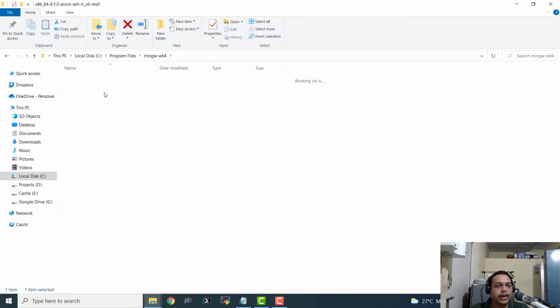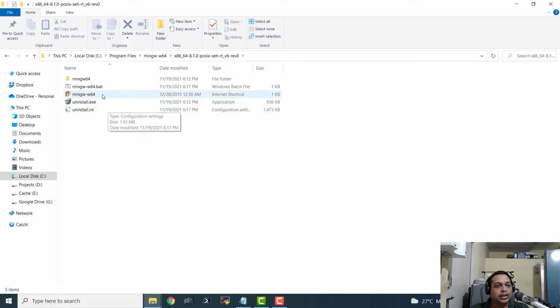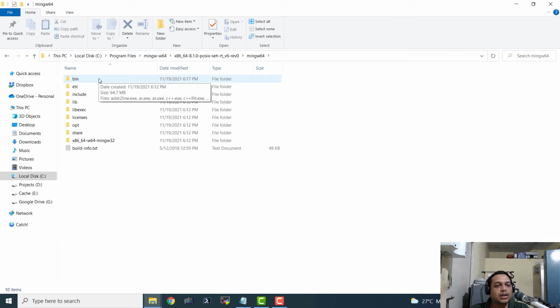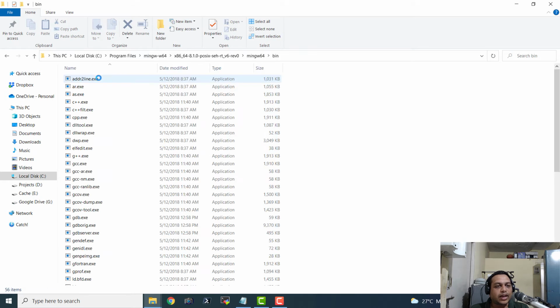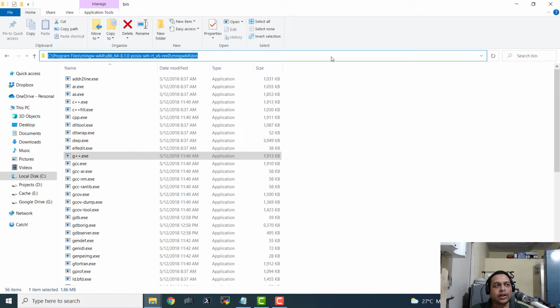Now in this particular directory, there is a directory known as MinGW64, and here we will have the bin directory where we are going to find the GCC compiler. So if you search, then you will find the files for GCC and GCC-AR, okay, and G++. So these are the files that are going to compile your C and C++ program for your x86 64-bit system.